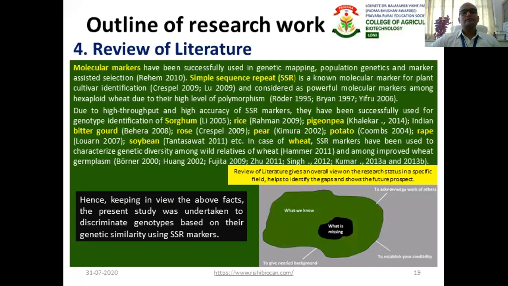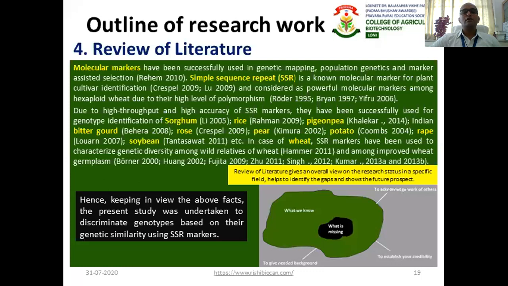Then the next very important point in your outline of research work is the review of literature. So what is a review of literature? In short, you can find a yellow box here. Review of literature gives an overall view of the research status in a specific field, helps to identify the gaps in the research, and shows the future prospects.